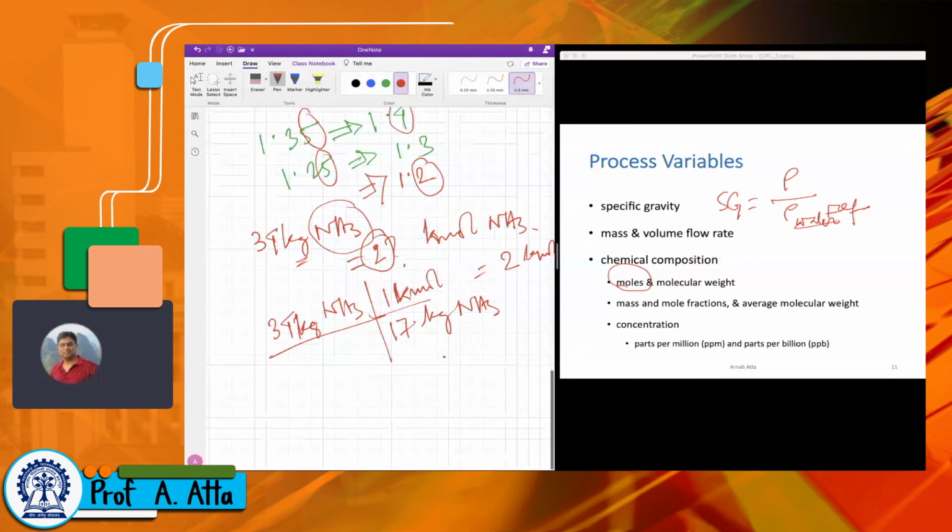Are you confident that you'd be able to refresh your memory about this conversion between mass and moles, if you know the molecular weight, or if you have to calculate the molecular weight? For that, you need the elemental atomic weights. You need to know or remember those values. Yes, N is 14, H is 1, so I get 17. Okay, it's 9 o'clock. You have other classes immediately after this, so I will stop here today.